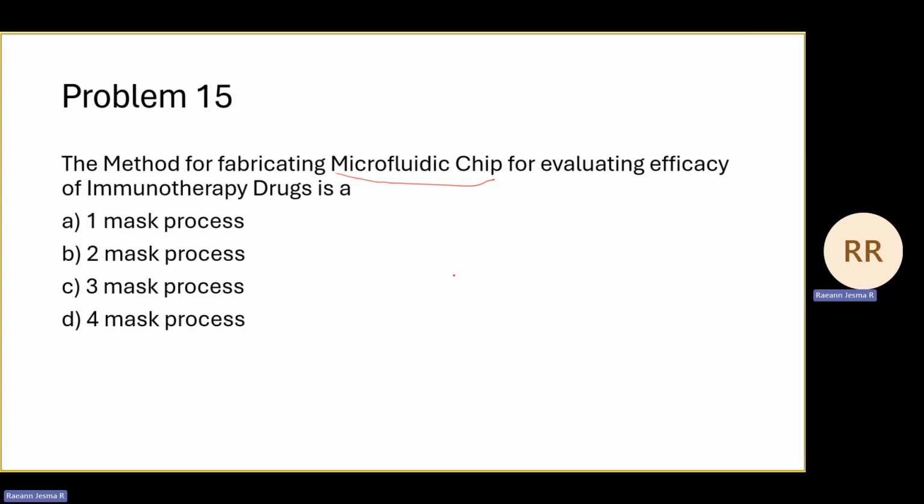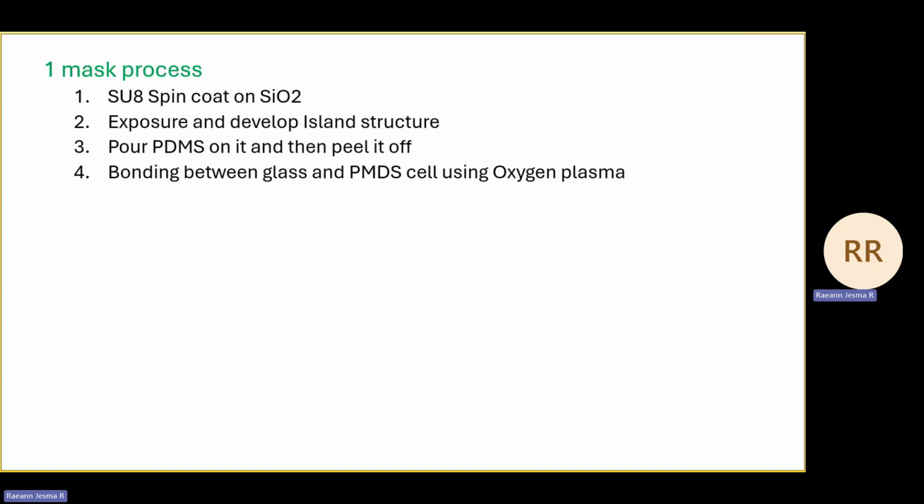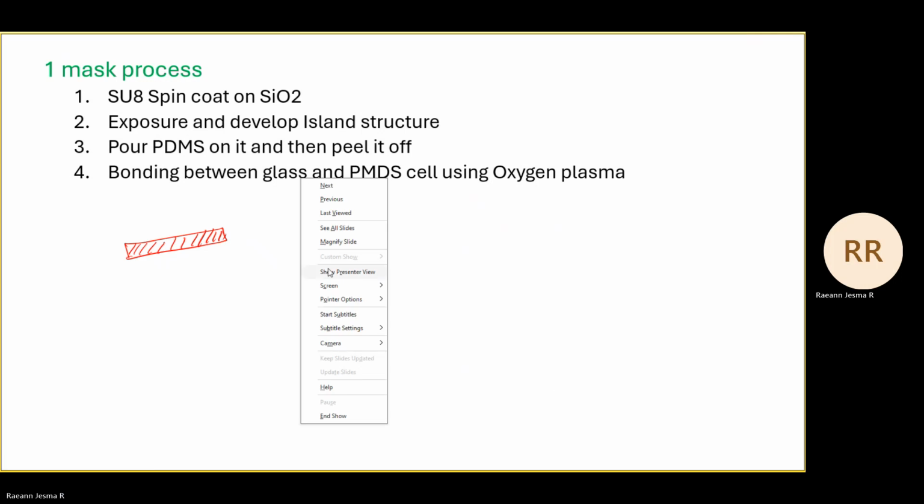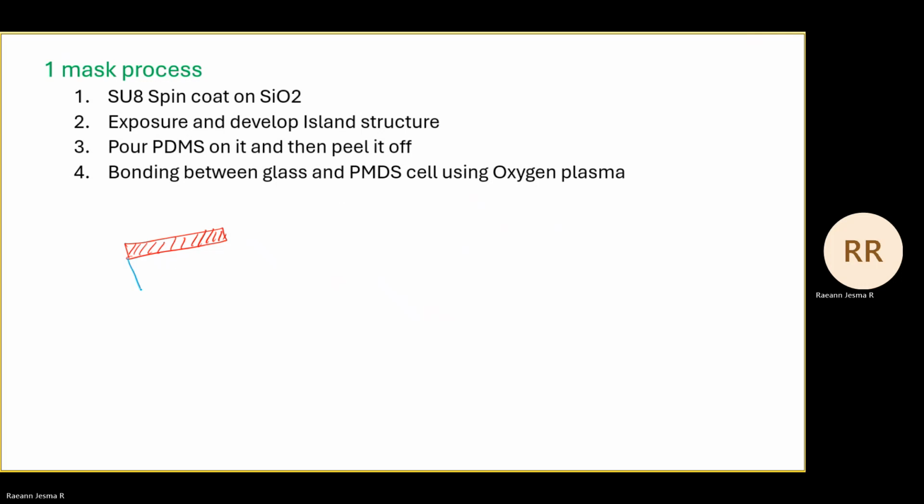Okay. For a microfluidic device, we'll use a 1 mask process. The correct answer is option A, 1 mask process. And what are the steps in that 1 mask process? First, let's say we are taking a SiO2 substrate. This is SiO2. We are having SiO2 on silicon. Then we will do spin coating using SU8, and the reason we are using SU8 is we need high aspect